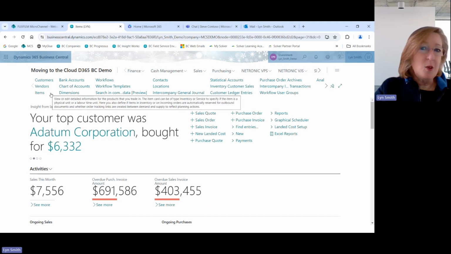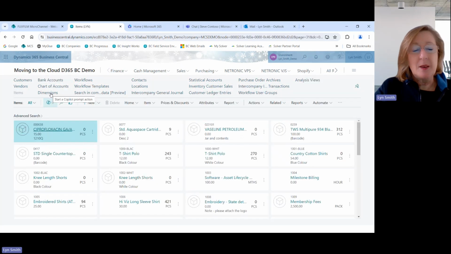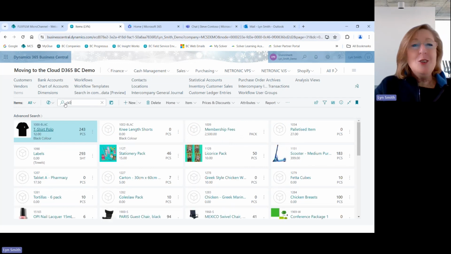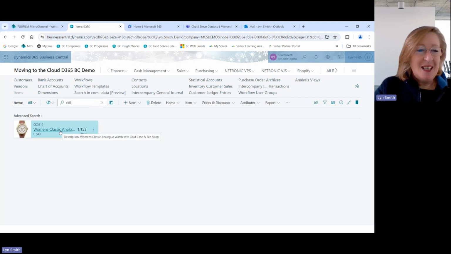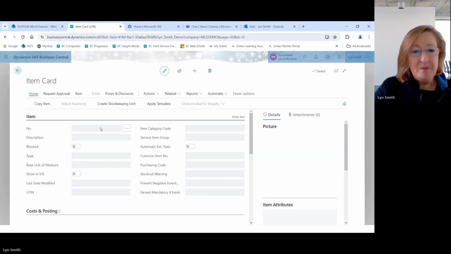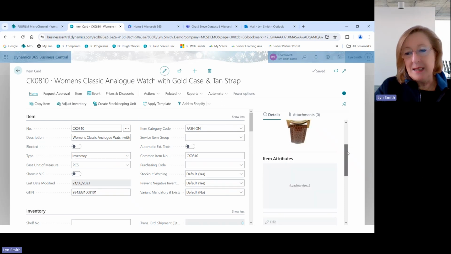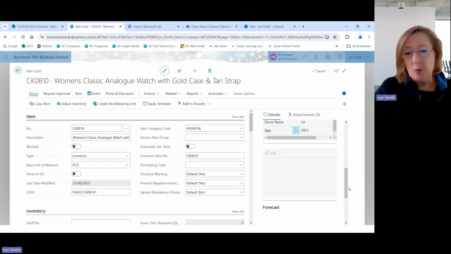Now, for some of you who have got websites, one of the big things is coming up with interesting descriptions. So in this case, I've got my watch in here, and what Copilot will actually do for me is it will generate, as I said, the marketing text that can go up onto the actual website.